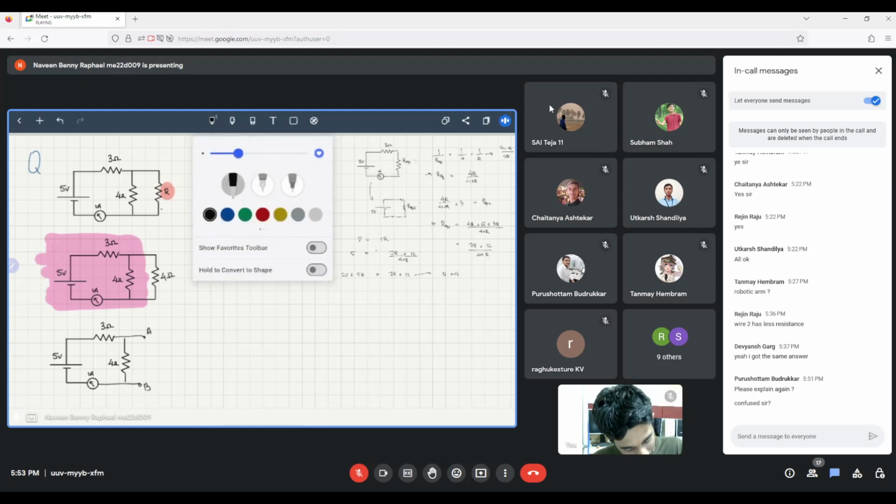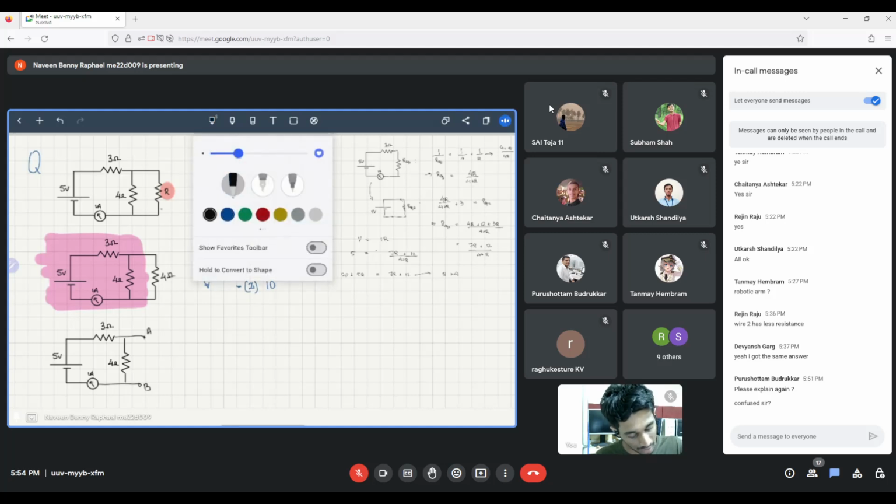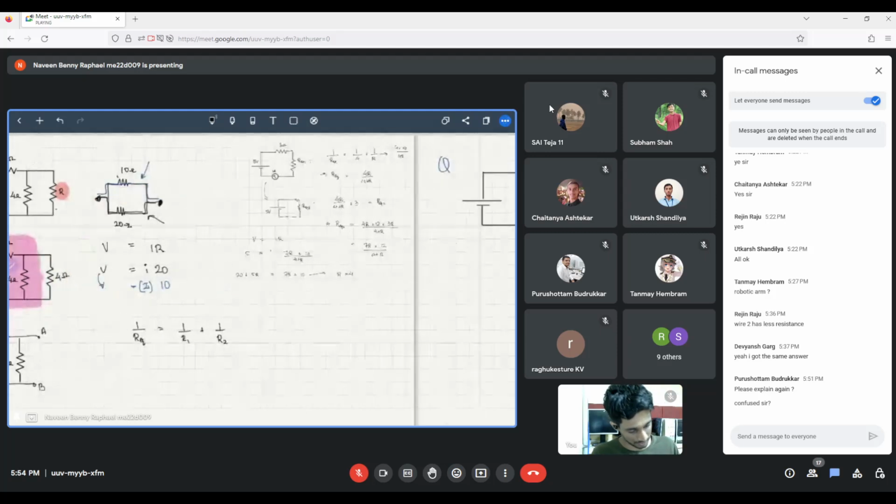In this branch, the V is the same, the I is something, but the resistance is 10. Naturally, the current in this branch has to be double the current in this branch. That's how, when we found that Req is equal to 1 by R1 plus 1 by R2, we used this principle. If you want, I can